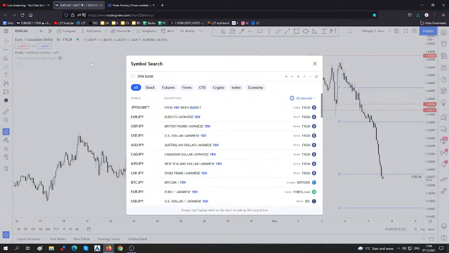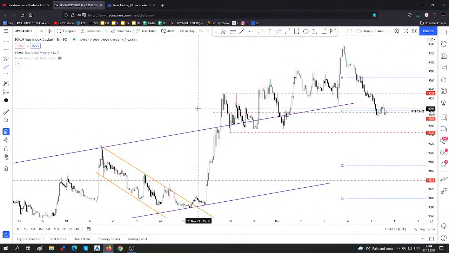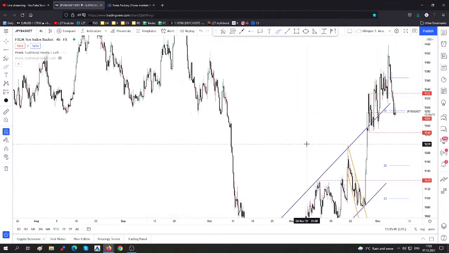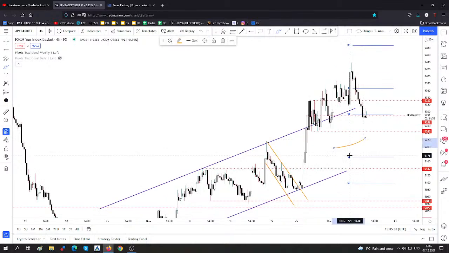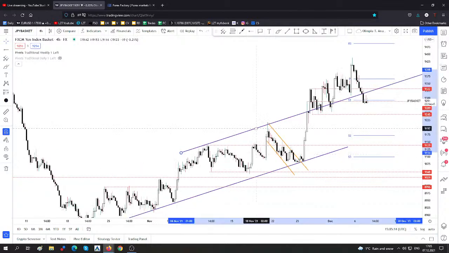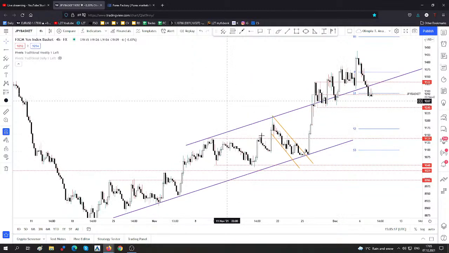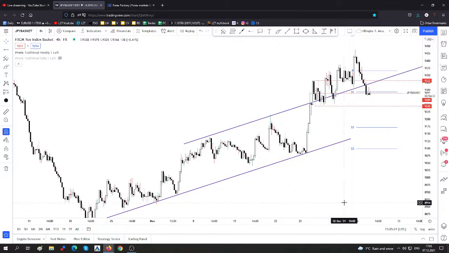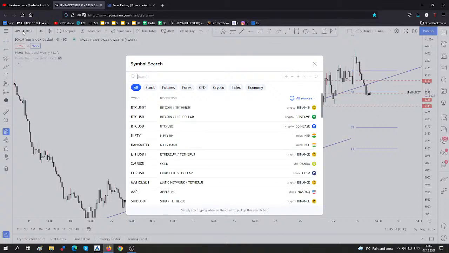Yen basket, let's take a look. So yen basket, strong sell-off. Strong sell-off, and the pressure is still high here after dropping below the upside line of this channel. Something like this. So personally, I believe that maybe a deeper drop here on the yen basket could force the yen to depreciate. So maybe I will look for yen shorts. Okay,